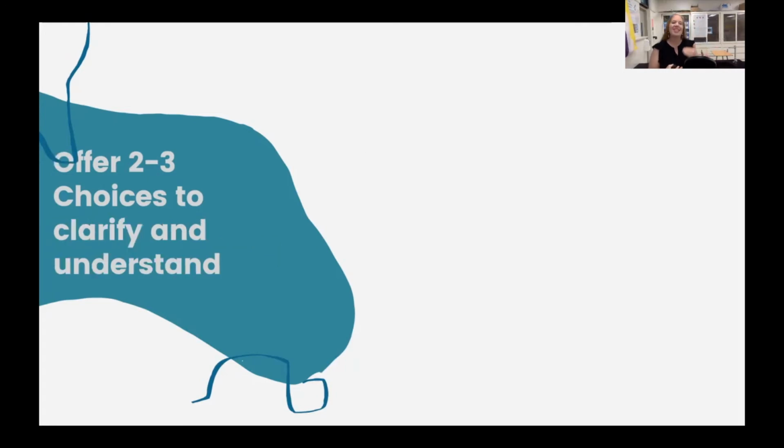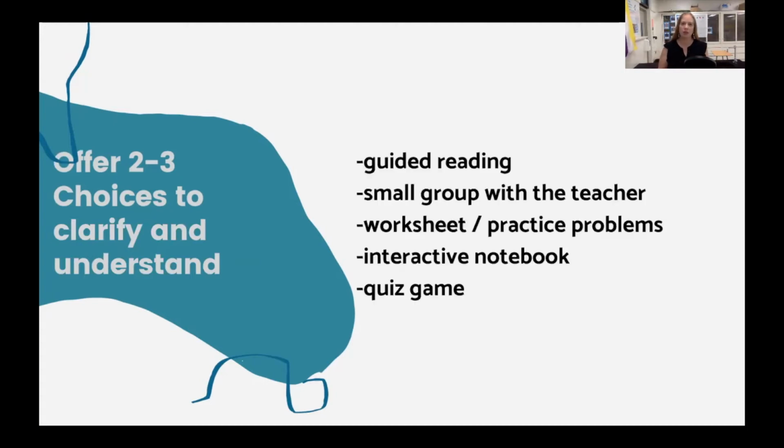For those that need to still clarify, they're still kind of confused, I would still offer them choices. Maybe they would do better by doing a guided reading or reading from the textbook. Maybe they want to work in a small group with the teacher. Maybe they are ready to do a worksheet or a graphic organizer or do some practice problems. Maybe it's an interactive notebook. Maybe they want to do a quiz game. So giving them a variety of choices to choose from, of how they feel would be best for them to